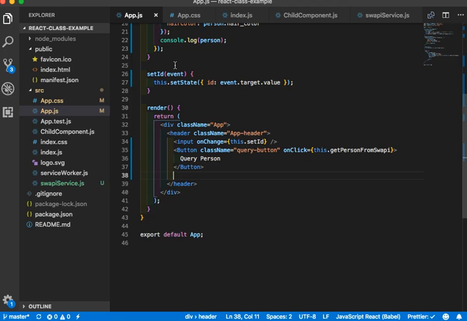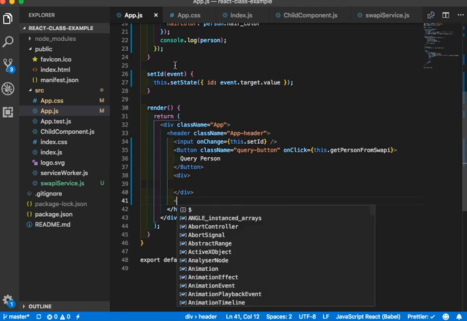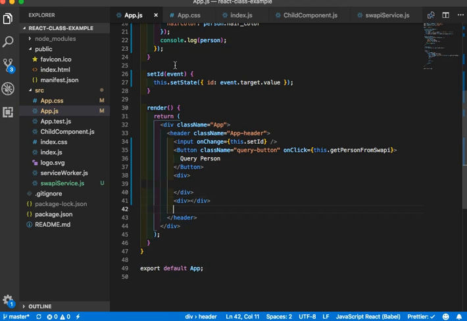So we are going to have some more divs in here. And like we did on the board, we will have name, and then this.state.name,